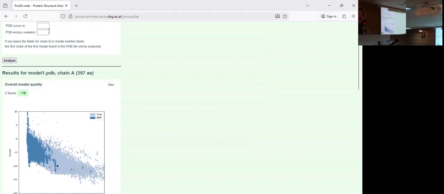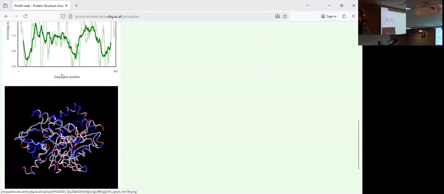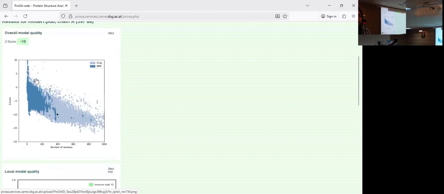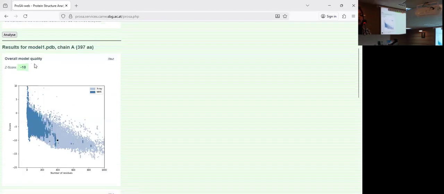Now I'm just going to demonstrate how you can say that your results are good or bad. It gives you some kind of plots. The first plot is the overall model quality. It gives you the Z-score. For publication, you use this score, -10. From here, you can also see the black dot. This black dot represents, among all of the experimentally identified proteins,